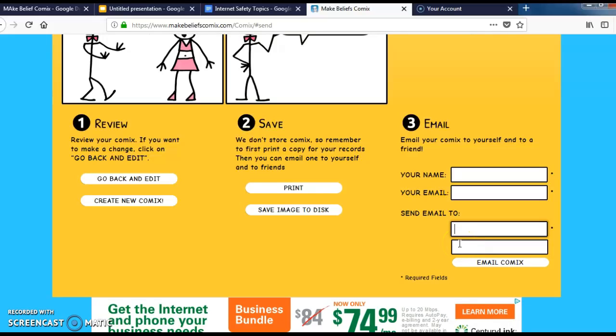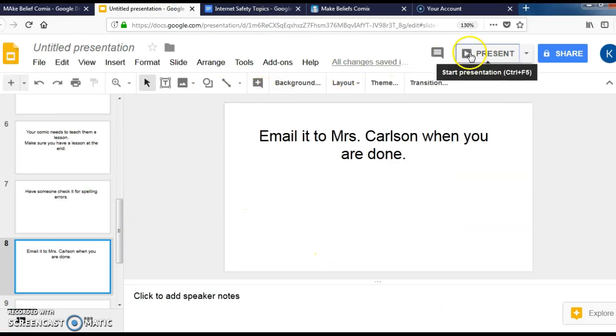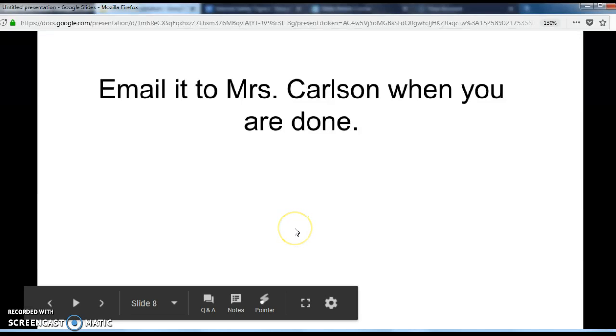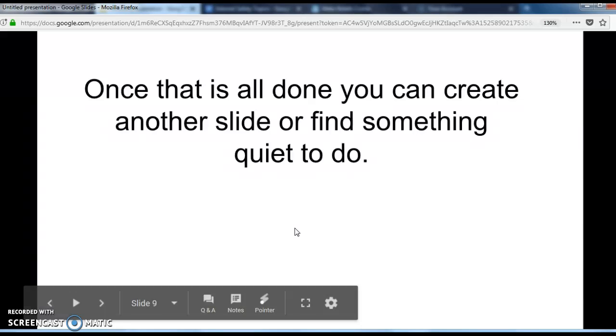Don't put your email in here because I totally forgot that you guys can't email this because it's coming from an outside email, and your email accounts aren't set up to receive anything but what's coming from the school. So once you send it to me, I can forward it on to you, and then I'll have a copy to print off, and you guys can have a copy to show other people if that's what you want to do. So I will forward them on to you guys. Okay? So email it to me when you're done. Has to be emailed to me because it's not going to save it.